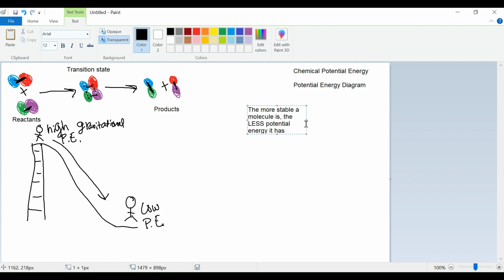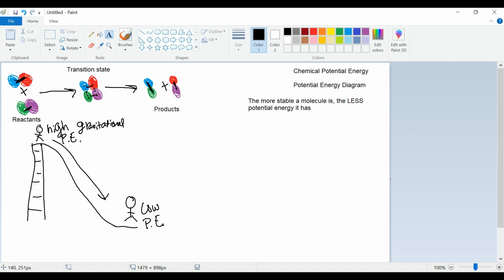And the reason for that is kind of similar to the example with the slide, actually. So when we think about our slide example, the higher we are, the more potential energy we have, because the farther we have to possibly fall, right? So in our chemical examples, the more stable a molecule is, the less crazy of a reaction we're going to get in response. So we can kind of think of our potential energy as like the potential to be an